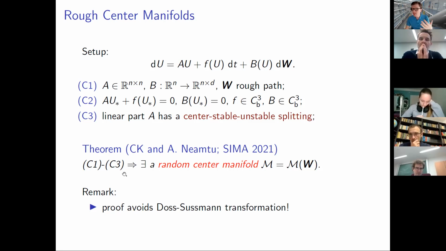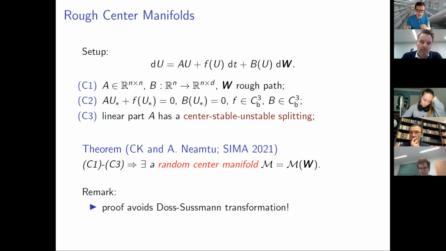Well, the upshot, I will give it away, is that you can prove that under these conditions, plus this additional condition on B, there's indeed a so-called random center manifold. You should think of this as a family of manifolds that's path dependent. So basically, if you stick in another path, you get another family of objects. Roughly speaking, before we were parameterizing the stable directions via the center directions, and now we are parameterizing the stable directions via the center directions and via the noise process. So it's now a 2-parameter family of manifolds in some sense, instead of a 1-parameter family of